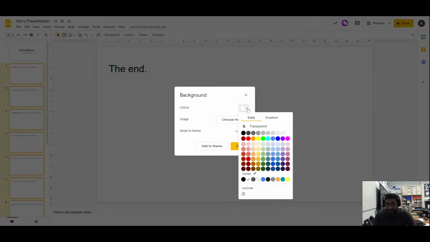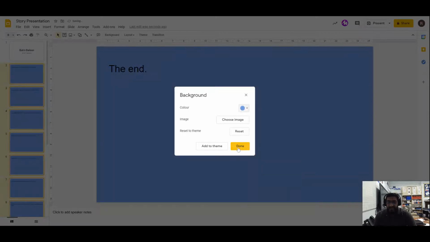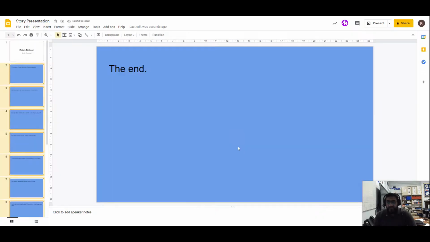So let's head over to color and let's find a nice color to use. I mean, this story seems like it was on a nice sunny day. So I'm going to use a nice skyish bluish color. There we go. Okay, a very light color. I can still read my font, which is very important.